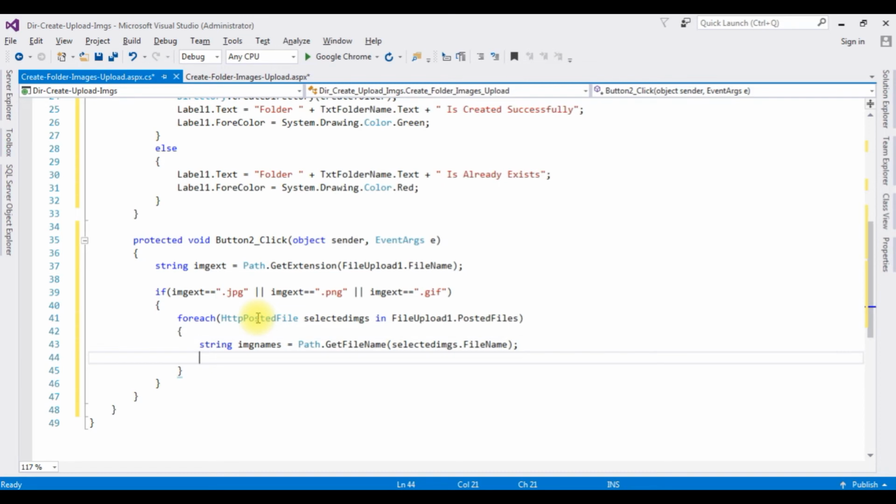Once we got the file names, I want to save those files, so selectedImages.SaveAs method